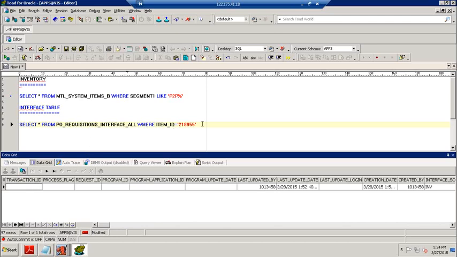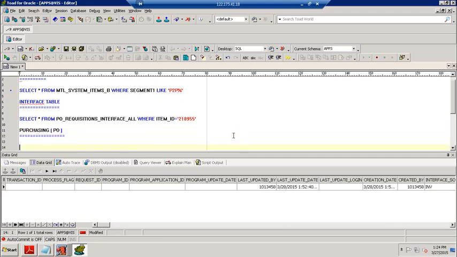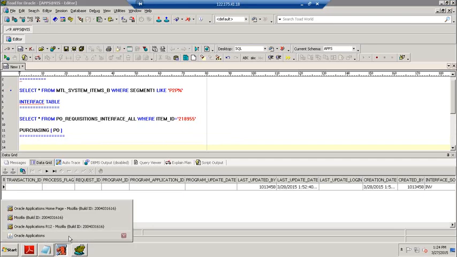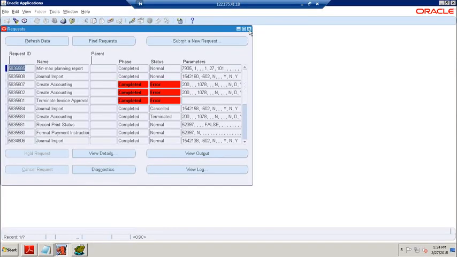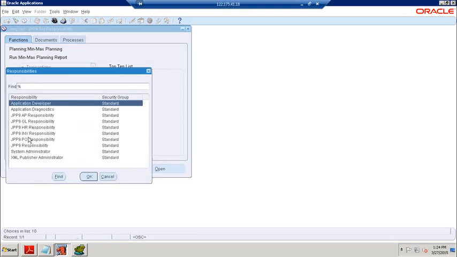Right. So now we are going to run the requisition import. Here we are going to enter the PO module, Purchasing. So let us change the responsibility. Which responsibility?